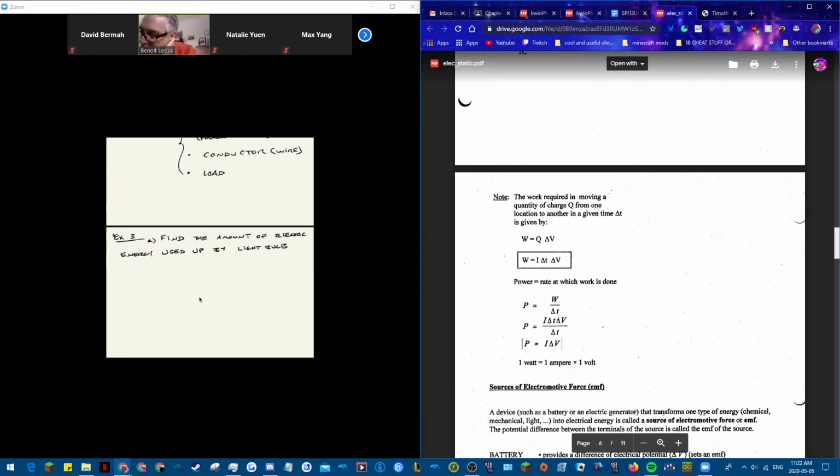What was the previous light bulb? It's the same light bulb as before, all right? So find the amount of electrical energy used up by the previous light bulb